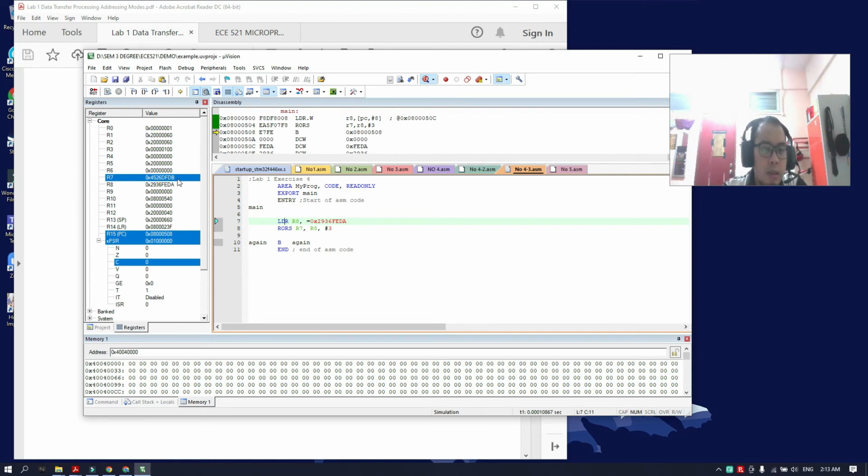So as you can see, the result in R7 is 526DFDB, and for the CPSR, C equals 0, because of the third bit from the right, which is 1100. The 1100 is shifted to the right, and after the shifting process is done, the bit in the 1100 is inserted into the carry, and also the number 1 of the 1100